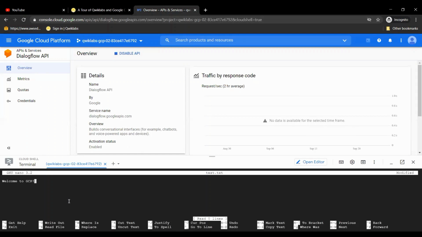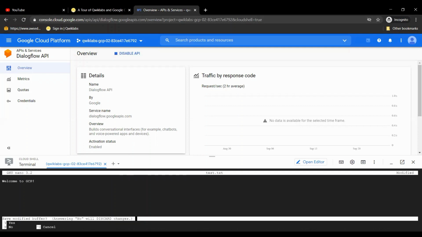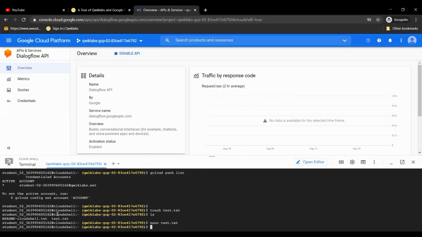To exit from this nano editor, we need to press Ctrl plus X on the keyboard. After that, to save this buffer, we need to click yes, or you can even press Y. And to come out of this, we need to press enter. So as you see, we came out of the nano editor.